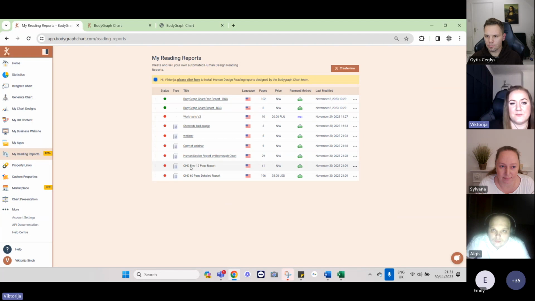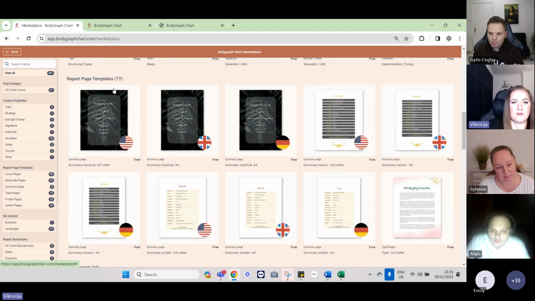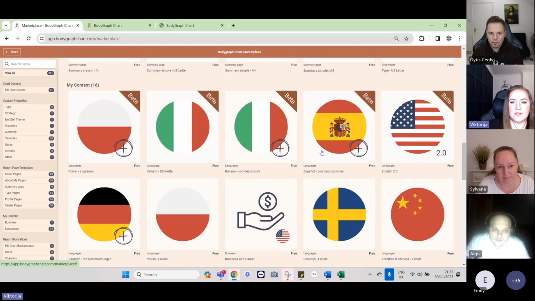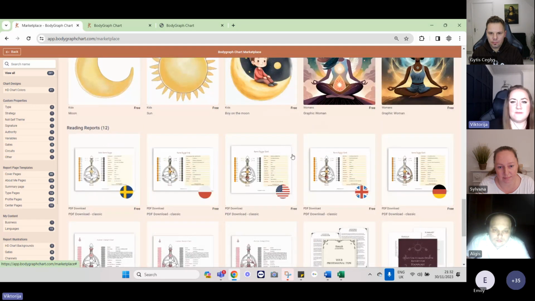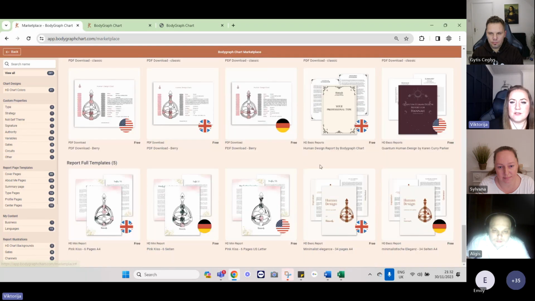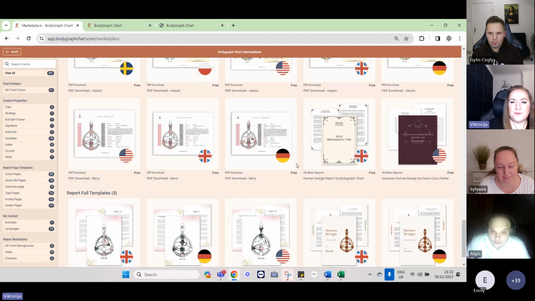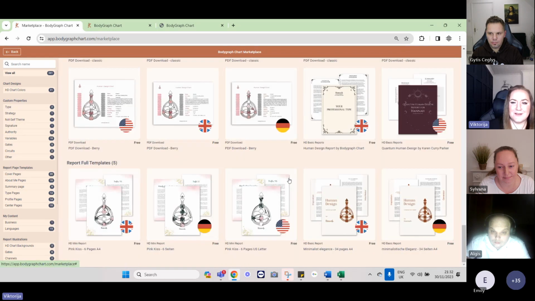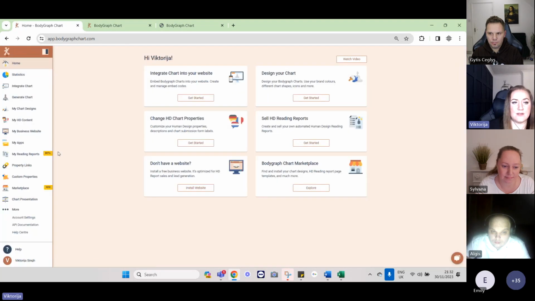So this is the easiest way to start. So we have pre-made reports written by Karen. We have pre-made templates for the entire reports. We have pre-made templates for pages, which you can adjust to your liking and use in your reports. You can save them as templates, and as I mentioned, you can export and keep the copies. So that's a great start, and let's just say for you to cheat a little bit and to make your life a bit easier, we created these templates for you to start